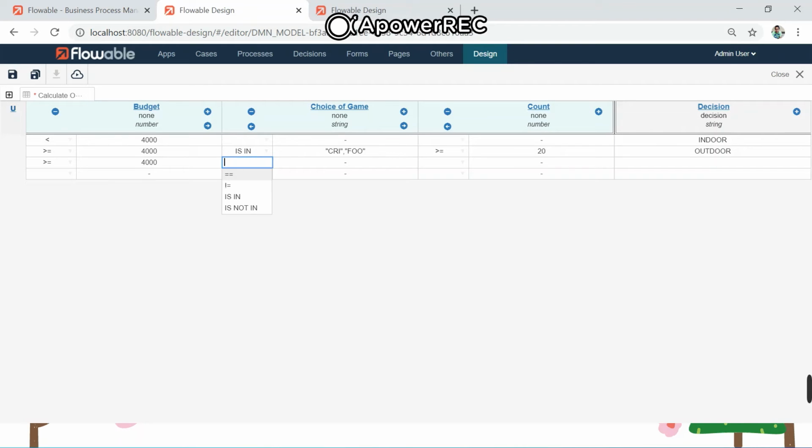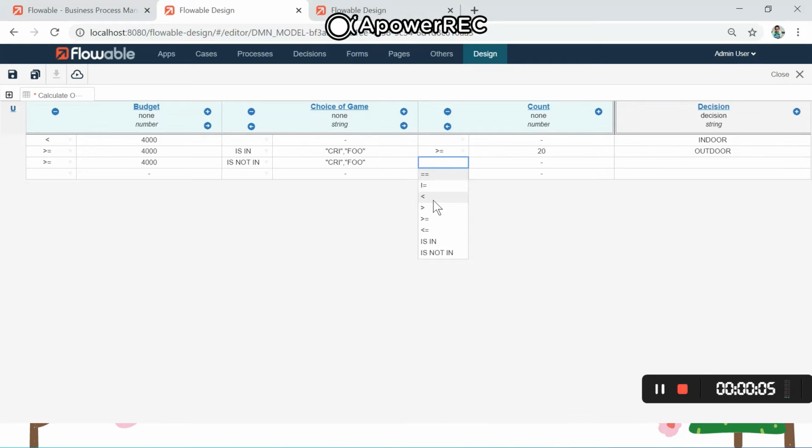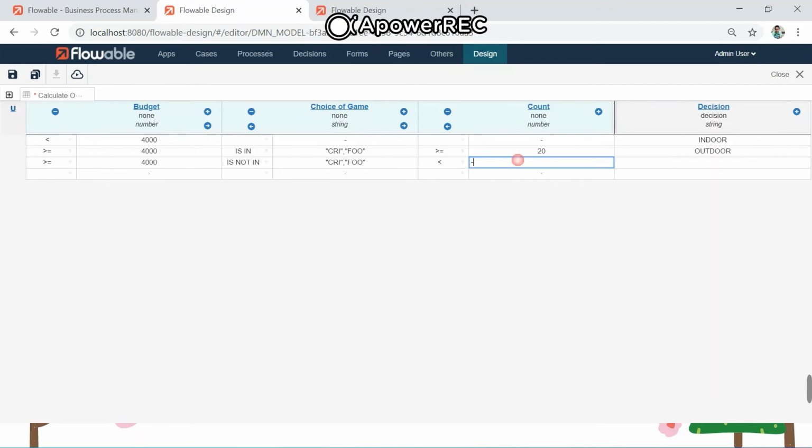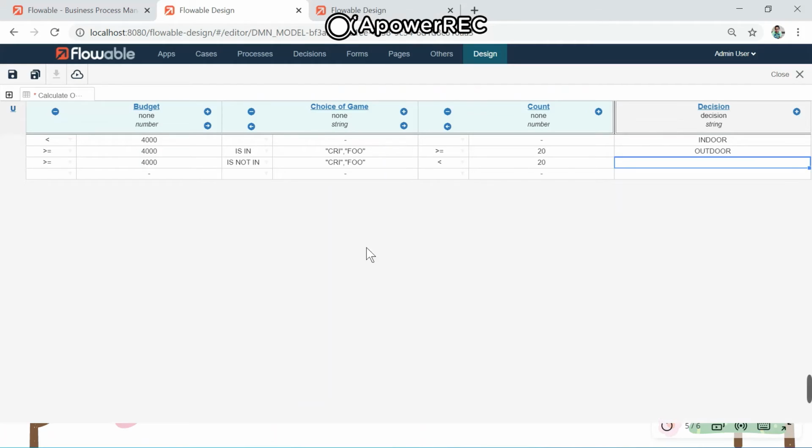Now here choice of game is not in, you need to select cricket or football, and count is again less than 20. Sorry, let me see. It is greater than or equal to 20. Let me change it. Then we have an outcome as review.